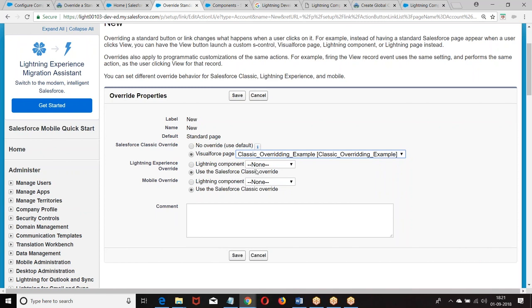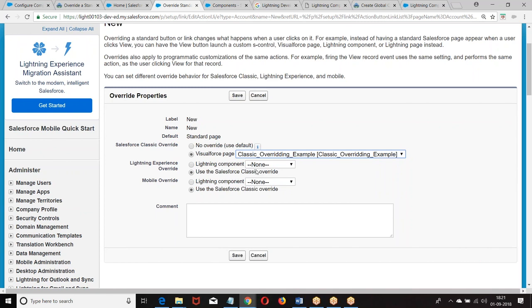In the Visual Force, if you want to override any one of the buttons, that Visual Force page should have standard controller equal to the name of that object. In the Classic, whichever object you are overriding, that object should be defined as standard controller in the Visual Force page.